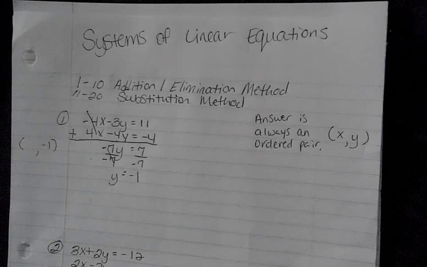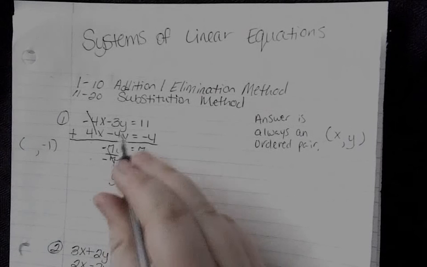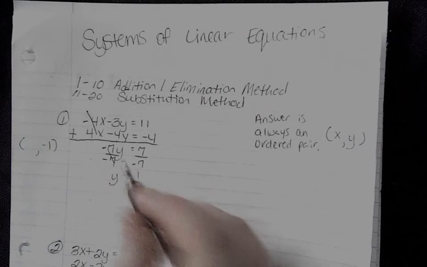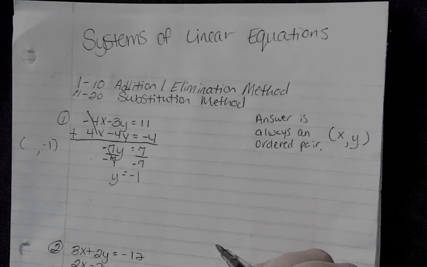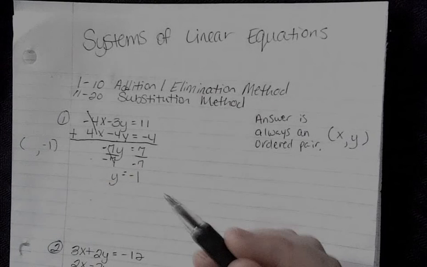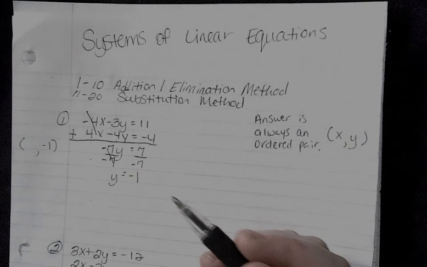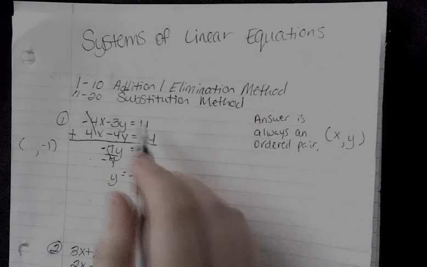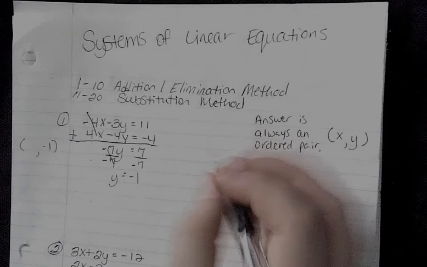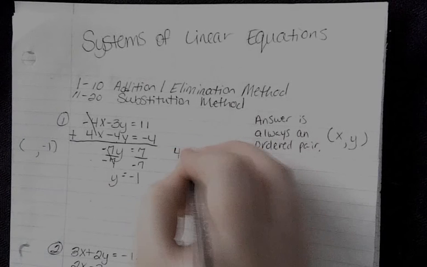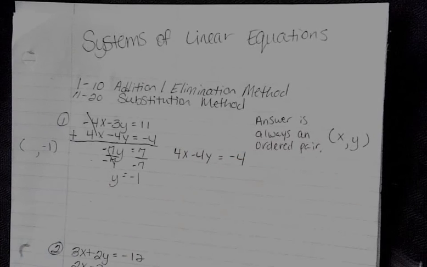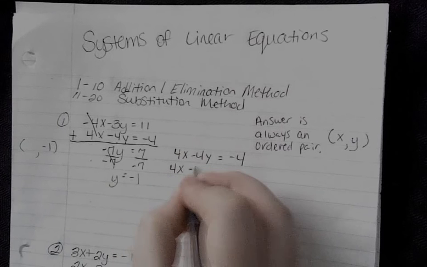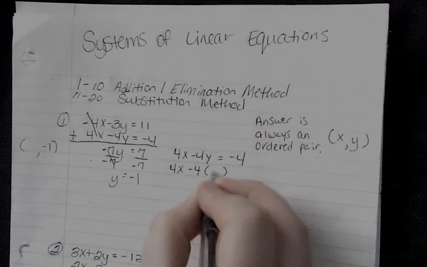Next, I'm going to plug in my negative 1 into either equation, because if we want an ordered pair that works for each equation, that means that whichever one I plug my y into, I should get the same x regardless. So I am going to choose the equation with, let's just say, the smaller numbers. We'll not worry about that 11 right there. So I'm going to use the equation 4x minus 4y equals negative 4. And then I'm going to plug negative 1 in for y. So that gives me 4x minus 4, and instead of writing the y, I'm going to write a negative 1